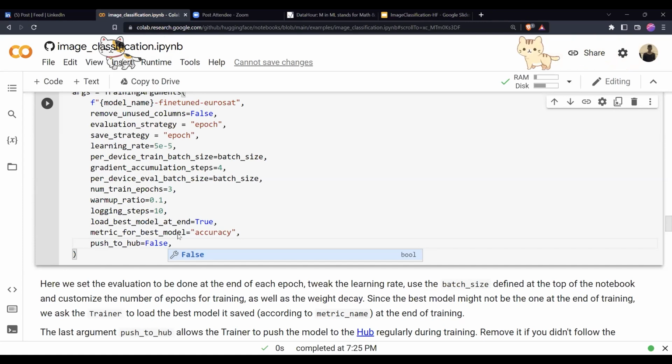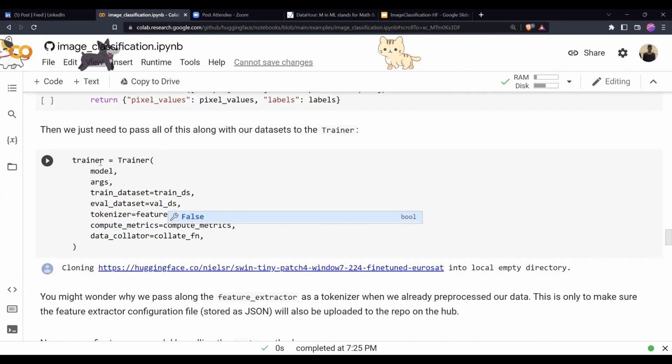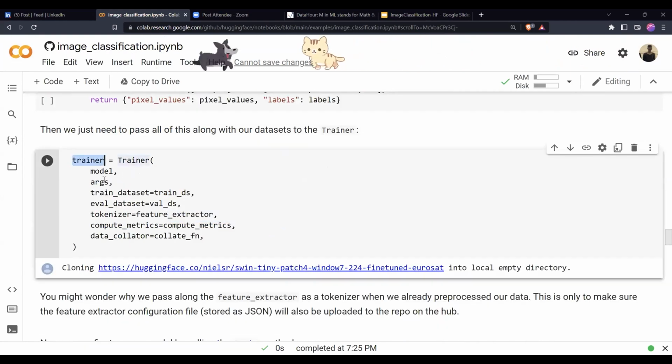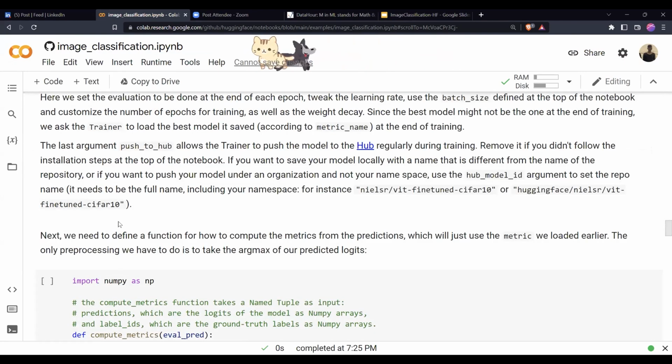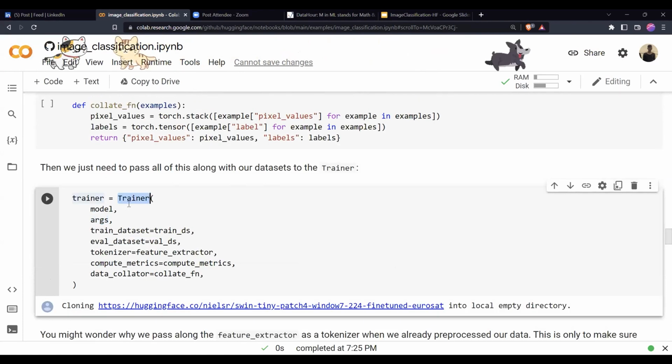Once you run it, you can see here the trainer. The trainer is the one which takes the args that you created. You created some args here, right? So these training arguments are again taken in by the Trainer class. Here everything is object oriented. That's why, at the beginning, it was mentioned that a software engineer can do machine learning now, because everything is well documented and everything is config based.